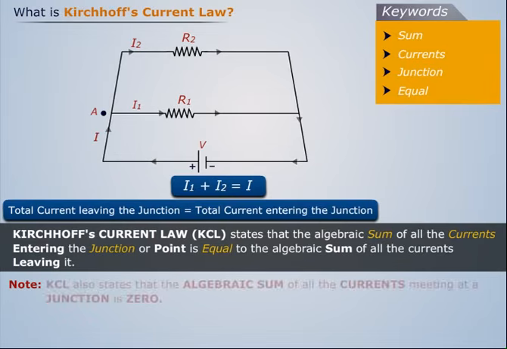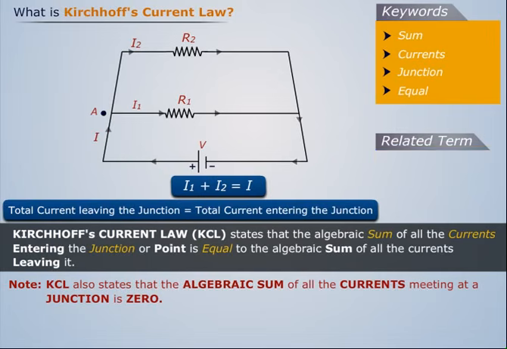Note that KCL also states that the algebraic sum of all the currents meeting at a junction is 0. The related term is